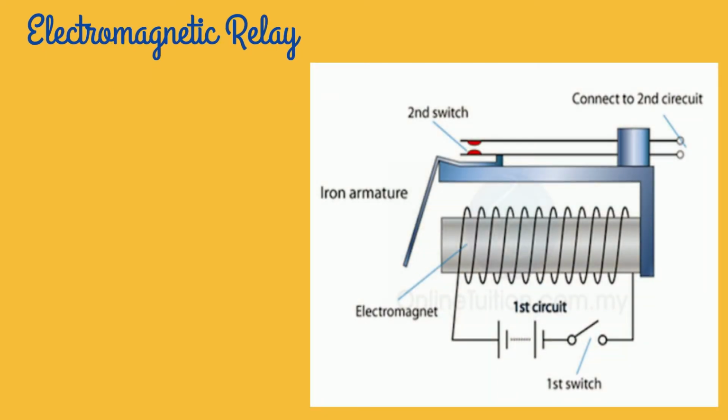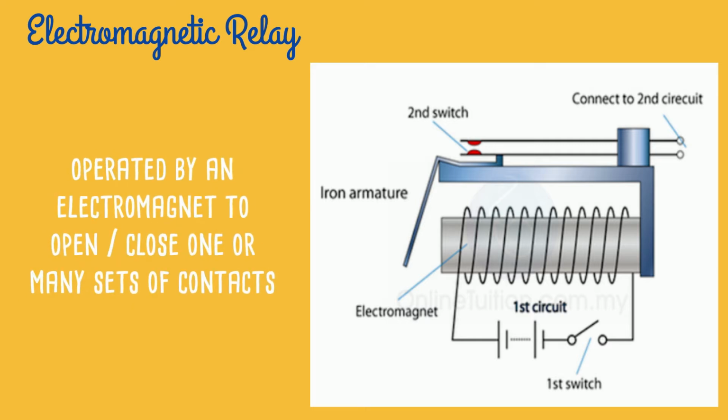Furthermore, an electromagnetic relay can be built from electromagnets. A relay is an electrical switch that opens and closes under the control of another electrical circuit. The switch is operated by an electromagnet to open or close one of many sets of contacts. A relay has at least two circuits. One circuit can be used to